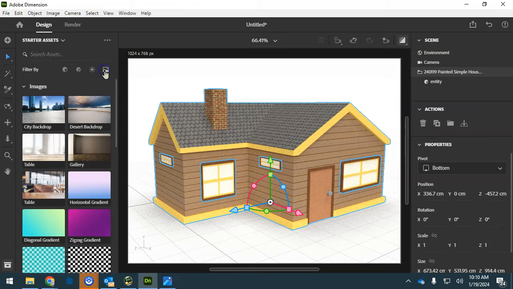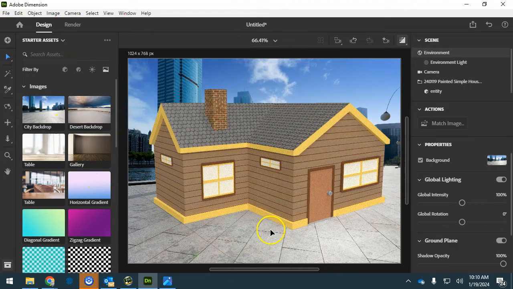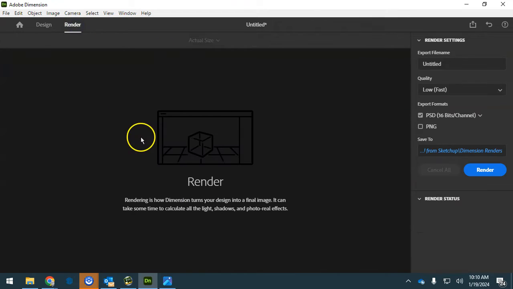Now I'm going to go over here to the backdrops and change this to the city backdrop and actually go to the rendering. So right here you've got settings, the name of the file that gets created. You've got 3 quality settings. We'll stay on low for right now, and it actually can export as a PNG and/or a Photoshop file. So let's go ahead and give this a name,